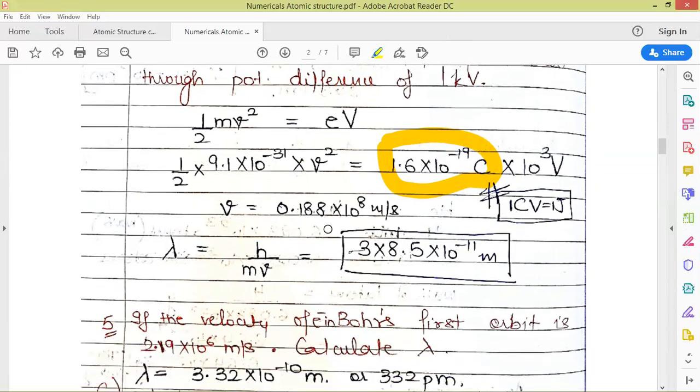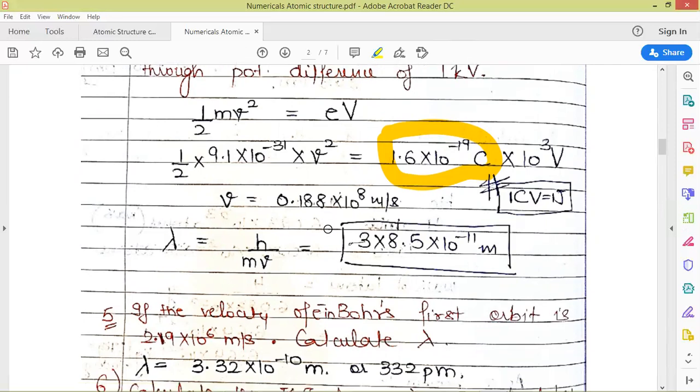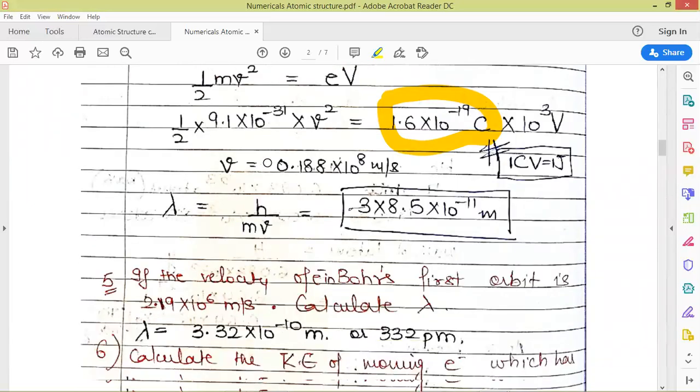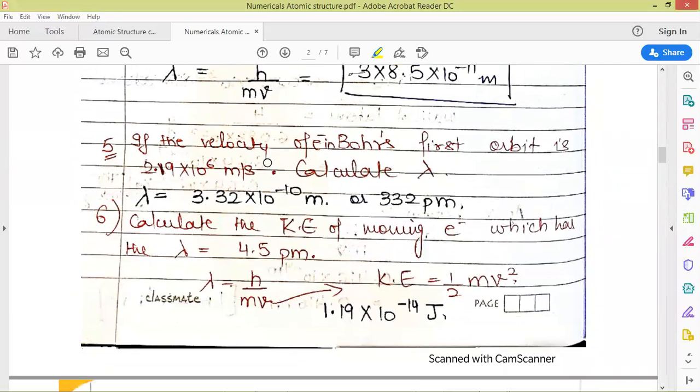For solving all the questions, you must consider looking at the units. Units are very important. You must keep all the units in the SI system or in the CGS system. If something is given, you must know what unit goes with what unit. Like if meter per second is there, then mass should be in kilograms. It cannot be in grams in SI system. So these basics you must know, what units are to be kept for mass, for speed, and for energy.